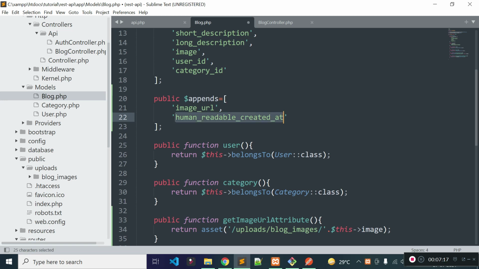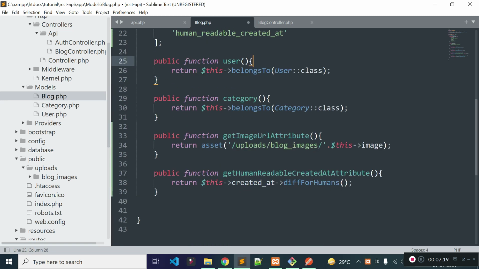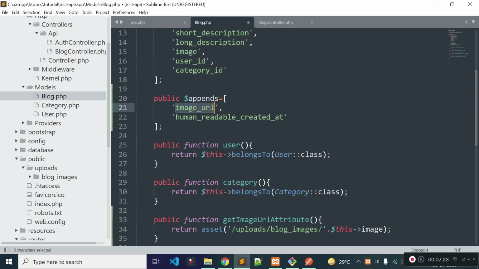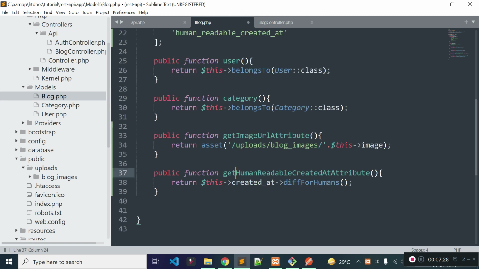I think you understand how we need to create this attribute method and how the JSON key will be. This should be in camel case in this method. Okay, you see, I created the method name like this, the attribute name in camel case, and there is get at the first and then Attribute at the last.